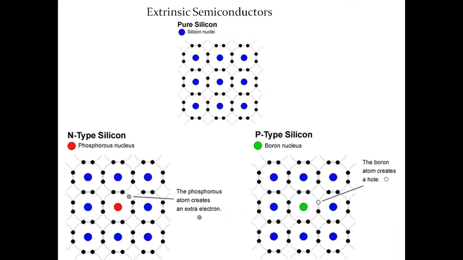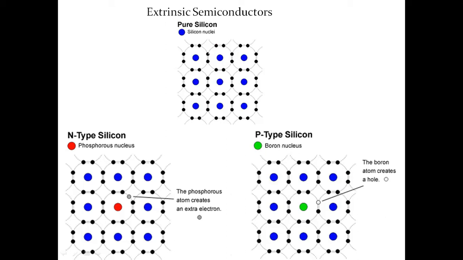Now we know that semiconductors can be classified into two types, the intrinsic one and extrinsic. In the intrinsic one, the carrier concentration is very small. Example, the group 4 elements silicon or germanium. If you look at this figure, this is a silicon atom combination. We know that in the case of silicon, the outermost shell contains 4 valence electrons. Therefore, they form covalent bonds with neighboring atoms, so that the outermost shell ultimately has 8 electrons.